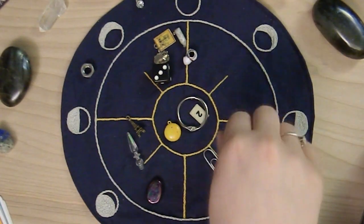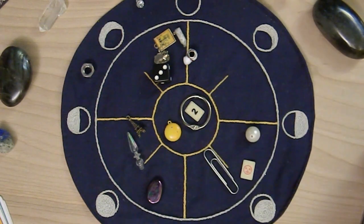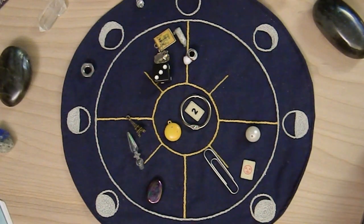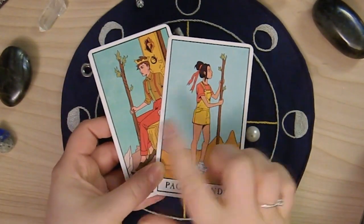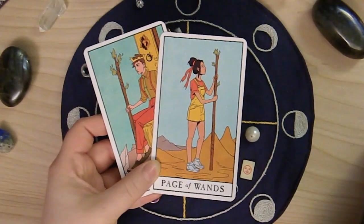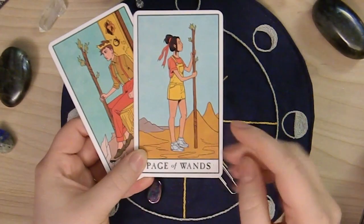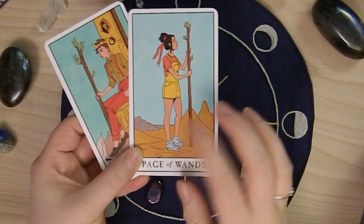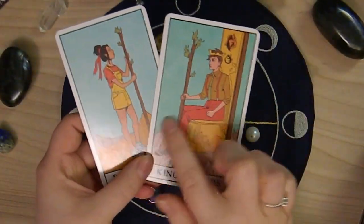But here in your focus palm, you got the number 2, which can showcase partnership, friendships, a sense of teamwork or working together, which I definitely see with this King of Wands and the Page of Wands. Like I was saying before, there's a teacher, mentor, learning from those more experienced than ourselves sort of energy here, because I'm really getting the sense that you guys are this page, you're just starting out on a creative venture or a creative pursuit, and you're looking towards this teacher, this mentor,